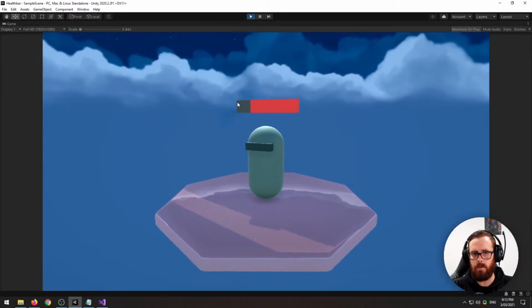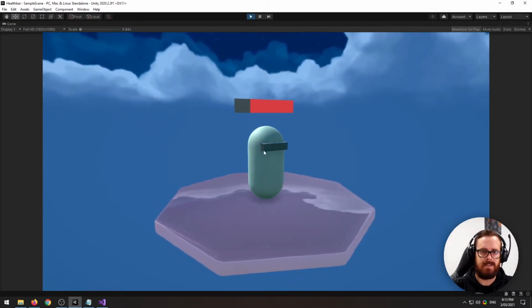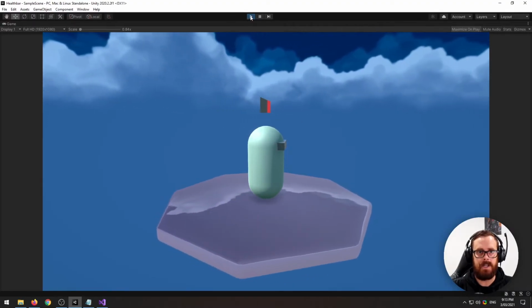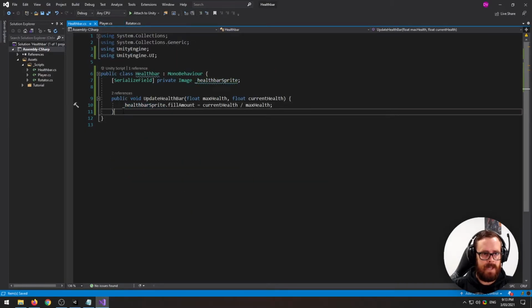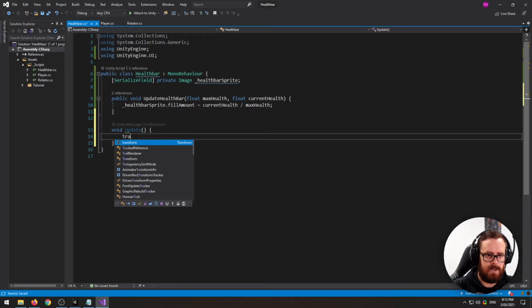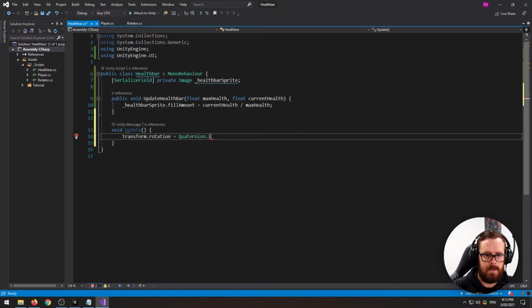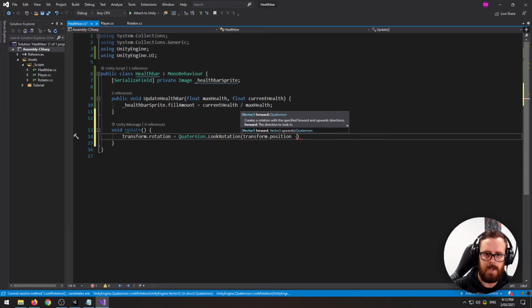For example, it's going the wrong way, and also it's not facing the camera. So once it gets around to the side like this, it's going to be very tricky to see what's going on. So I'll show you how to fix that. Go back to your health bar script. And in the Update method, we'll set our transform.rotation equal to Quaternion.LookRotation, and we'll take our current position, which is our transform.position, minus